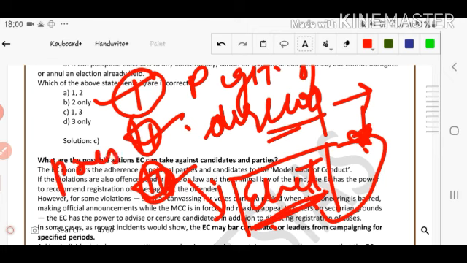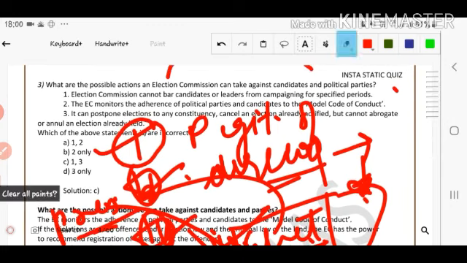Whenever the president takes the recommendation from the Election Commission, yes, it is mandatory for the president to listen to whatever advisory or recommendation is given by the Election Commission of India, and it should be implemented. So it is binding on the president. Do you remember the fact? Let us see what type of question is there.